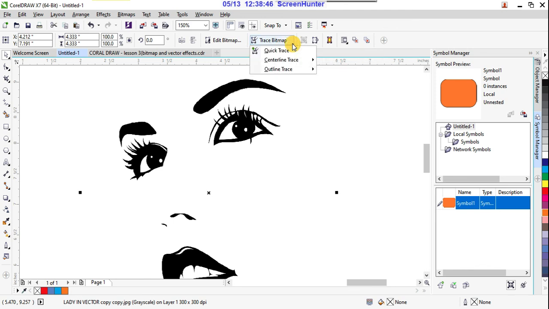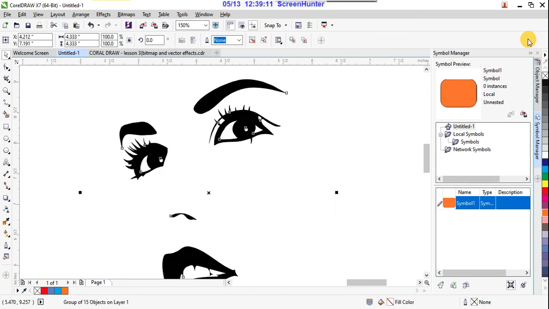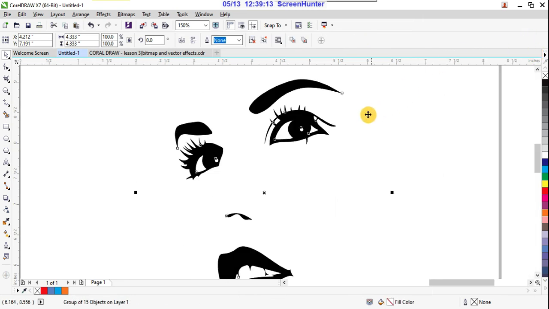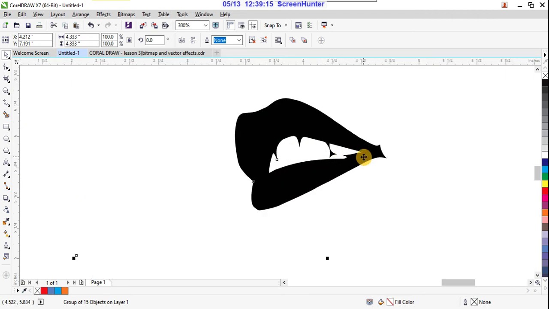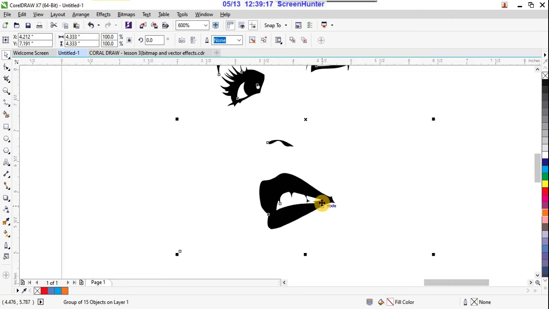See this, quick trace is there and centerline trace is there, in that technical illustration, and line drawing also there. Just below that a line art is there, a logo, a detailed logo, clip art, a low quality image or high quality image is there, right? First we try with a quick trace. So click on that button. Now see, it is purely converted into